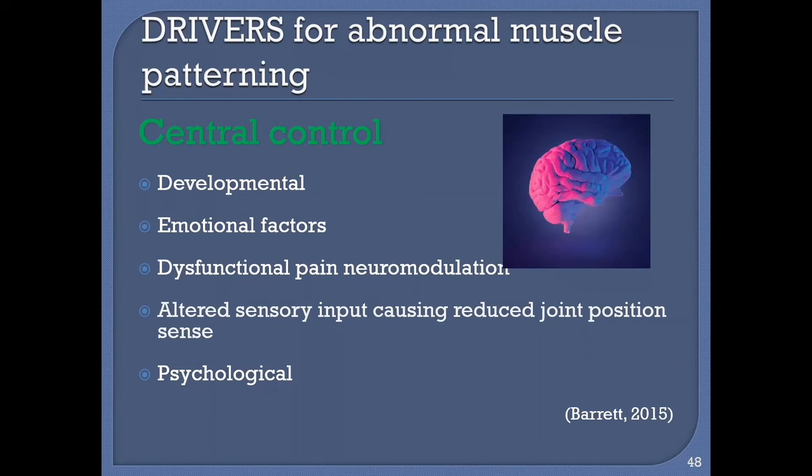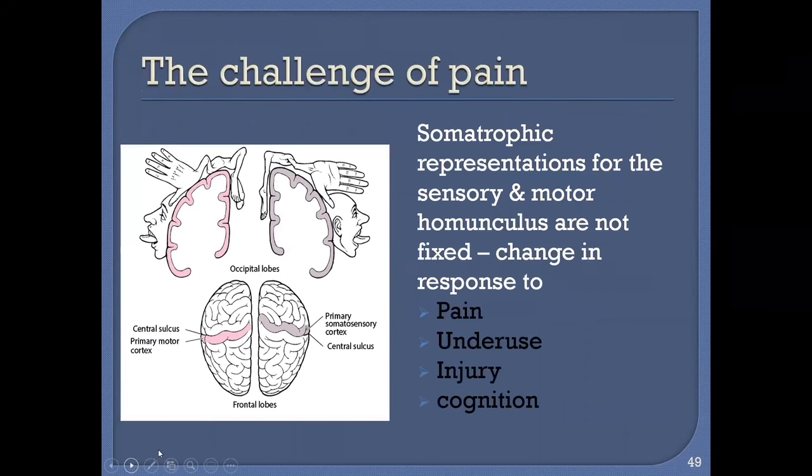And then any other psychological issues, whether it's secondary gain, or even, I've had a couple of children where, as we've dug into it, there have been safeguarding concerns. So the shoulder dislocations are sometimes the first physical manifestation of something deeper underlying, which is not necessarily a physio problem, but something to be aware of in the wider context. I've just put about the challenge of pain, but again, this is another huge area, but it's really just to think about that when you have